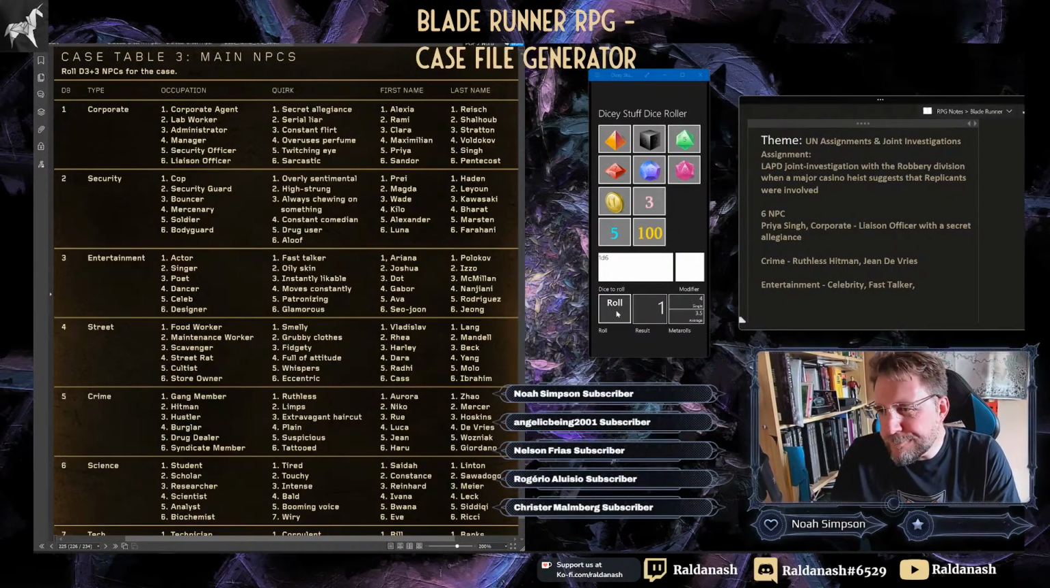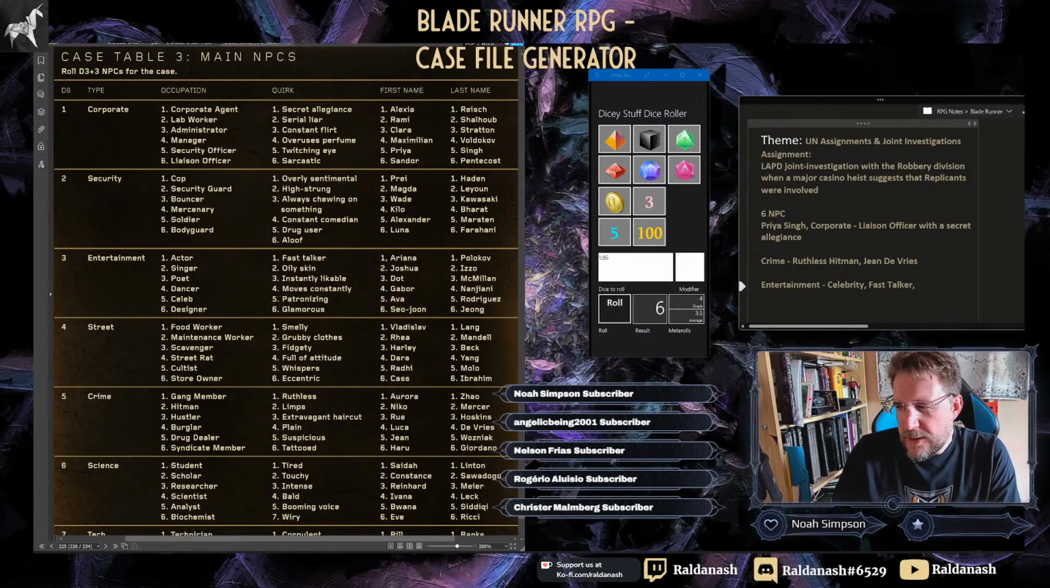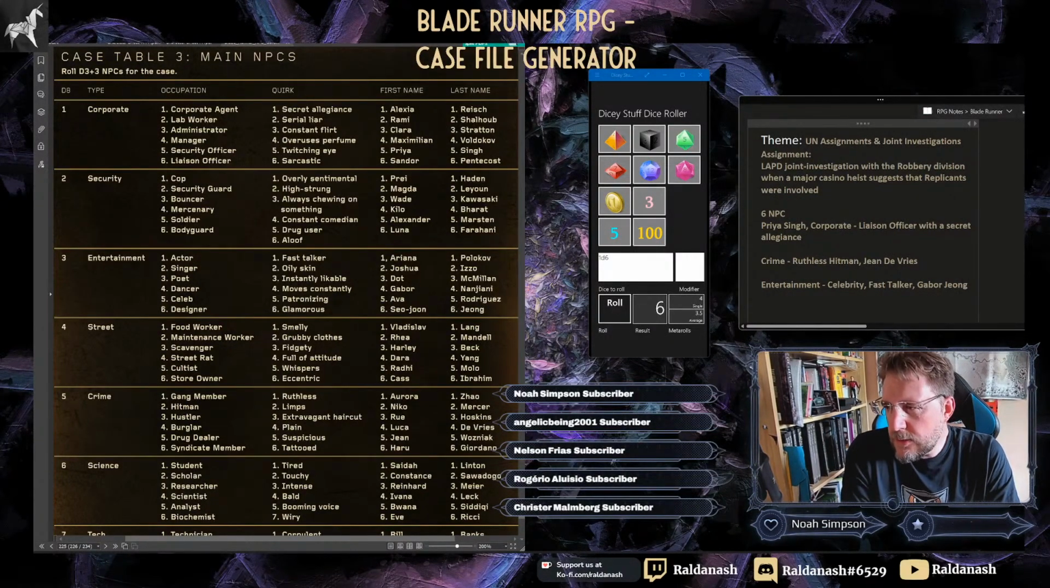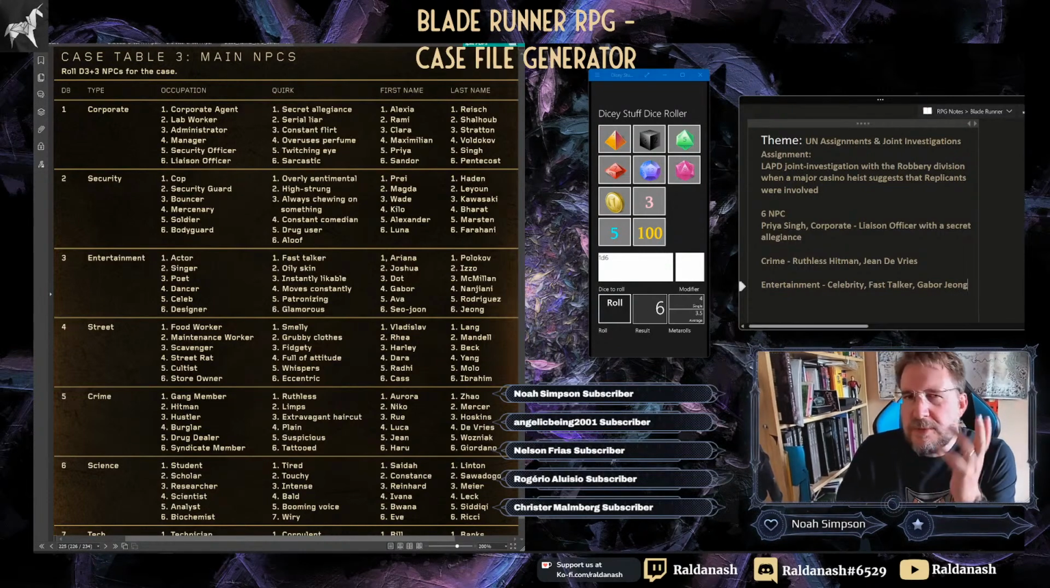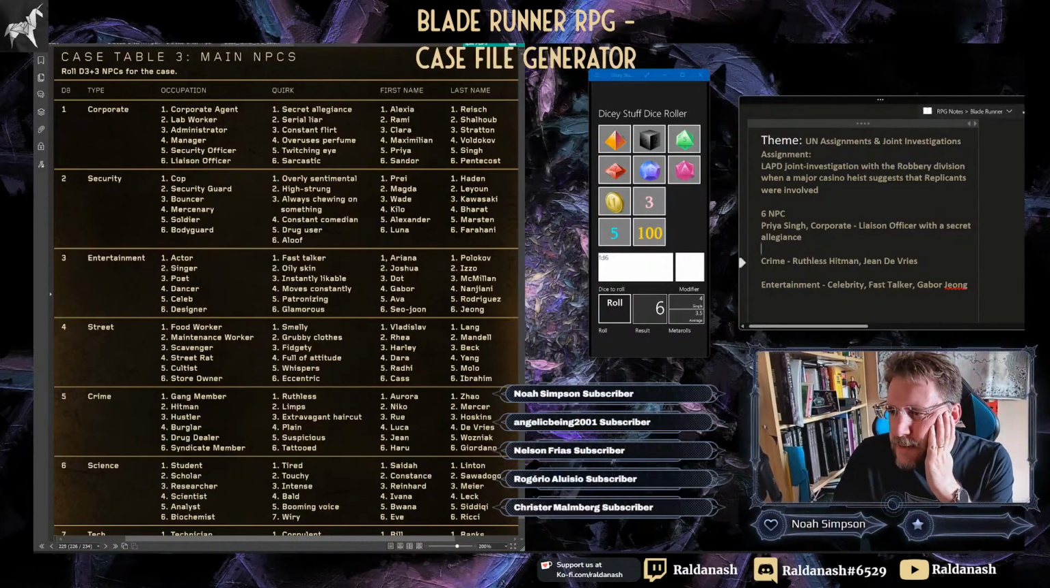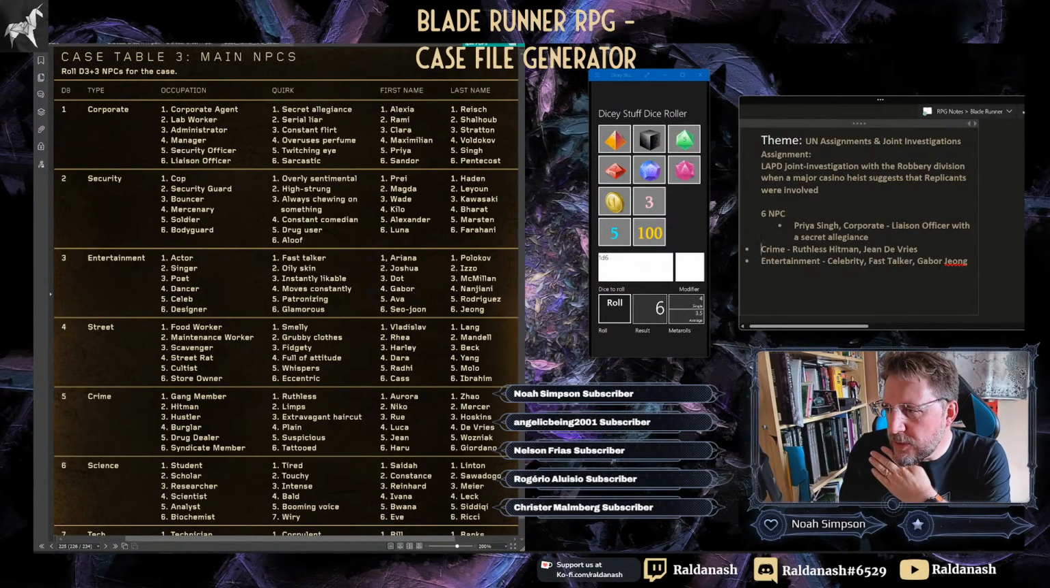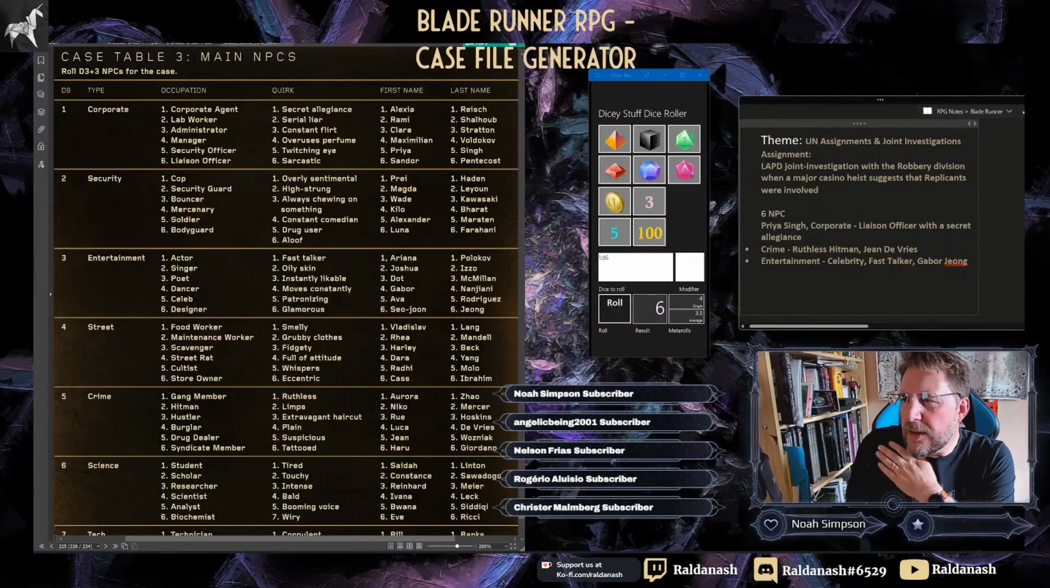And what's their name? 2 more d6. 4 and a 6. 4 and a 6. That is Gabor Yong. Sounds Korean. So this might be some ideas for a few NPCs that can, of course, also contribute to plot hooks. As I again mess up my